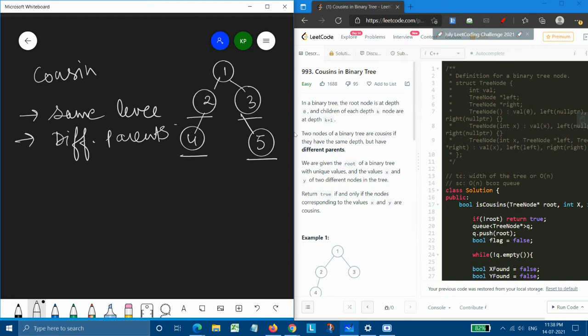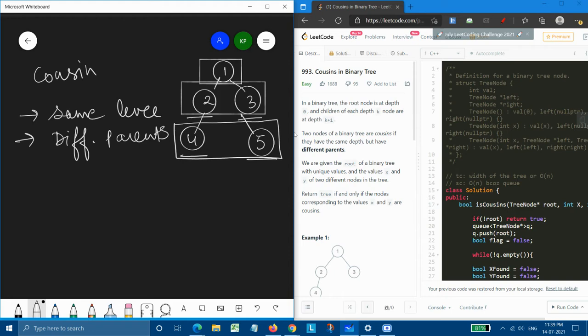So 4 and 5 are cousins, out of siblings. But 2 and 3 are only siblings, not cousins, because they have a common parent, that is 1. So this is what a cousin actually means.